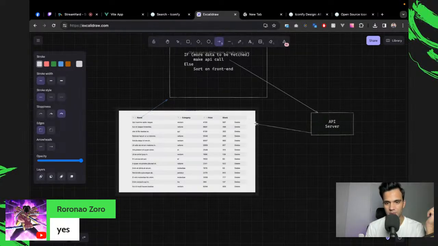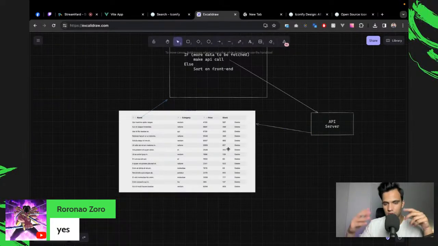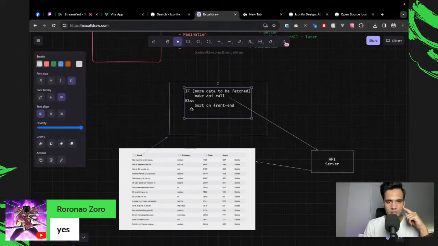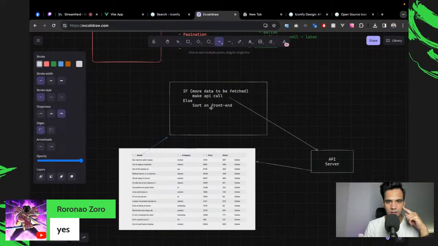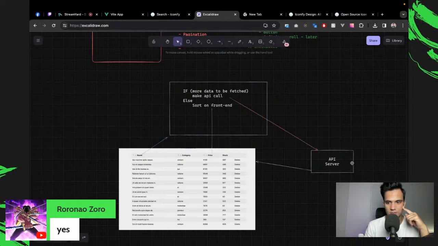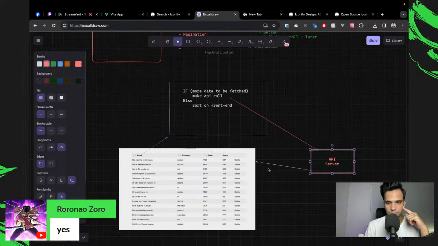So whatever data comes back, it will then shuffle the data in that order. Otherwise, we can safely just do the shuffling on the front end, right? So in that case, we don't go to the back end. Let's make our back end a bit red.